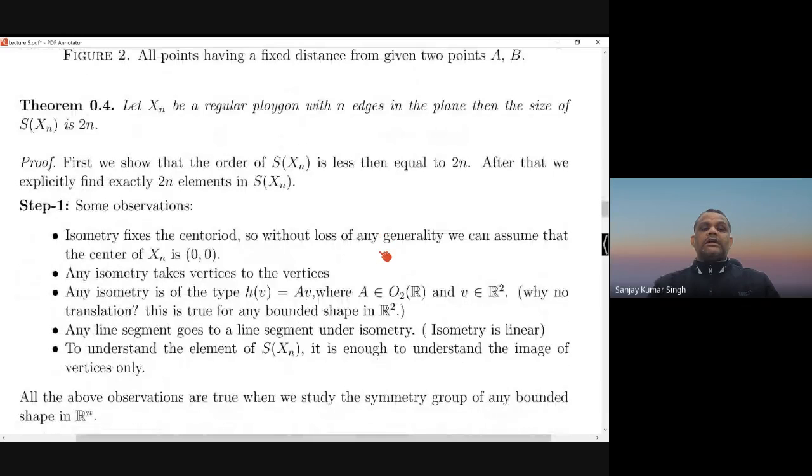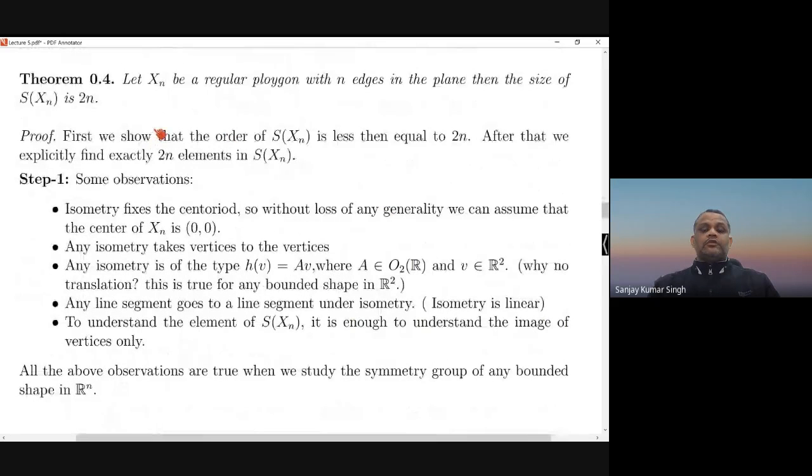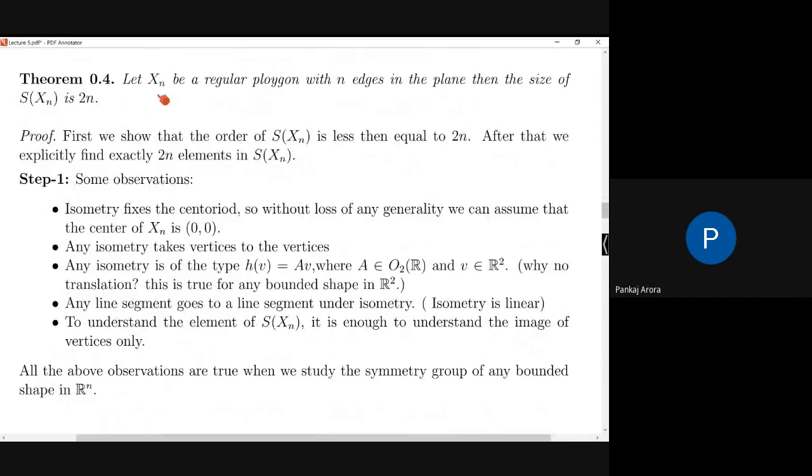So now the theorem we are going to prove: let X